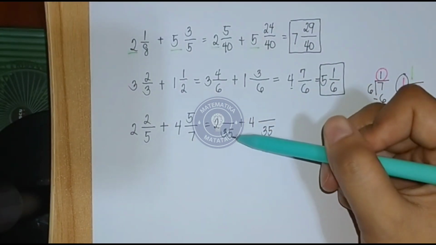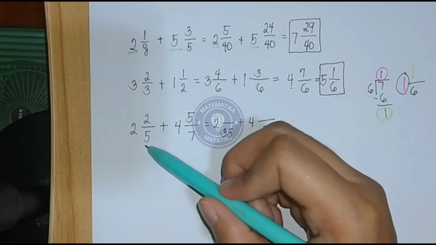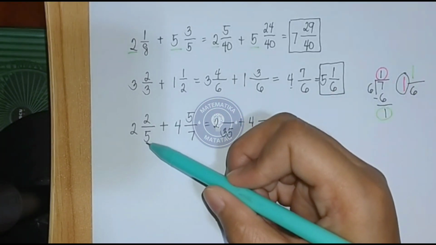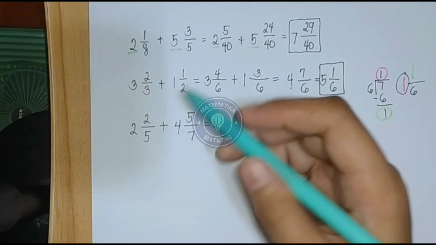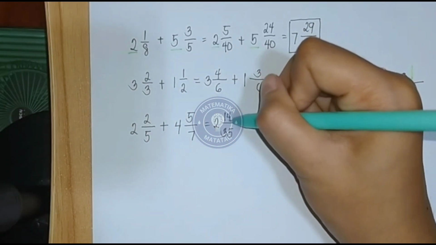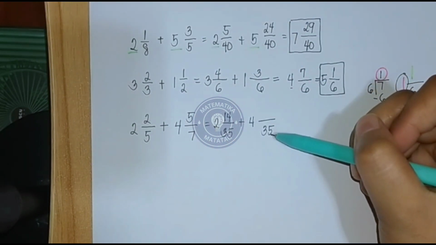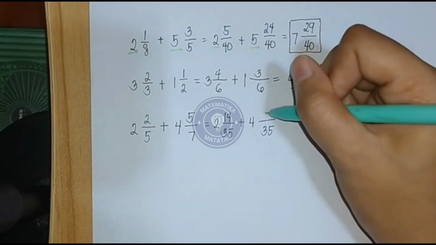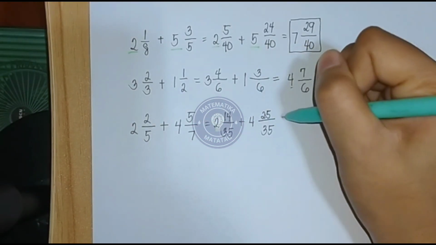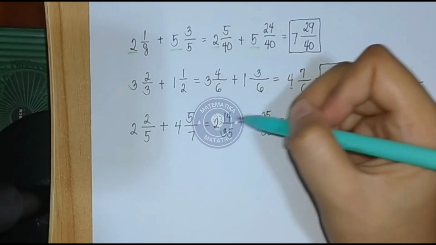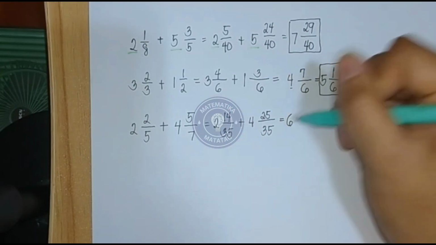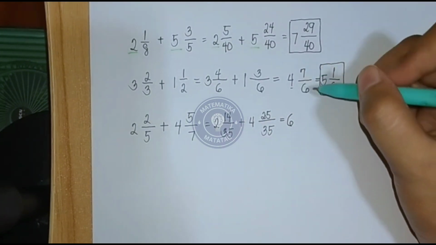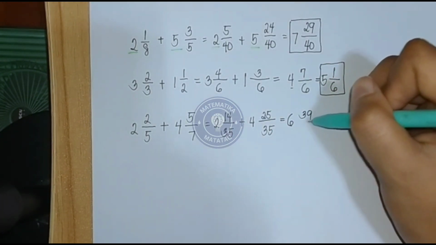Next, divide your LCD by the denominator. 35 divided by 5 is equal to 7, times 2 is equal to 14. 35 divided by 7 is equal to 5, times 5 is equal to 25. Then add: 2 plus 4 is equal to 6. 14 plus 25 is equal to 39 over